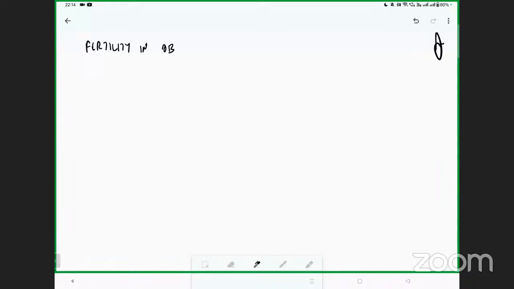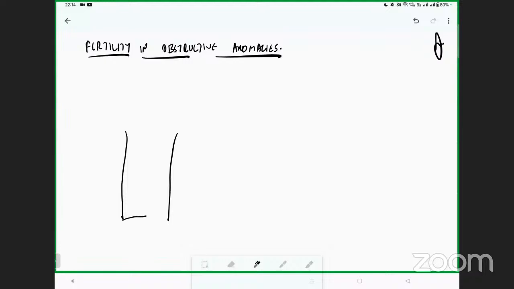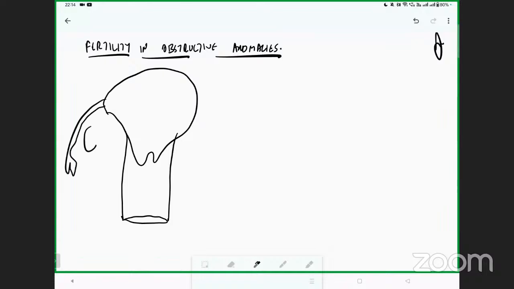Now, what you should remember in obstructive anomalies is that there are many types of obstructive anomalies, but let me make it very simplified for you. For example, you have the vagina like this, which is opening externally. You have the cervix, uterus, fallopian tube, ovary. Correct? Now,